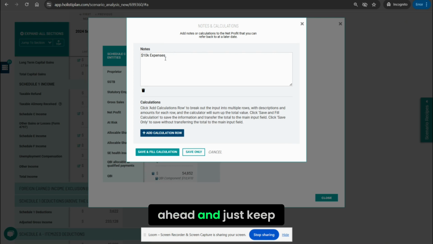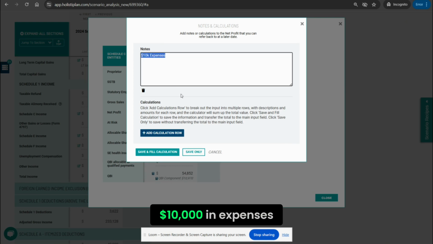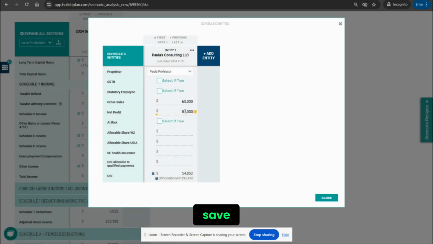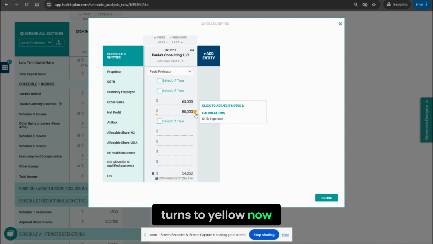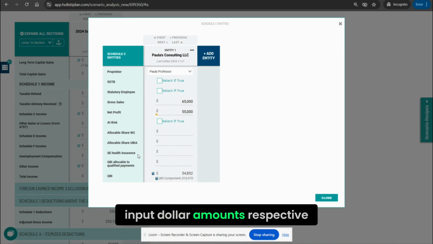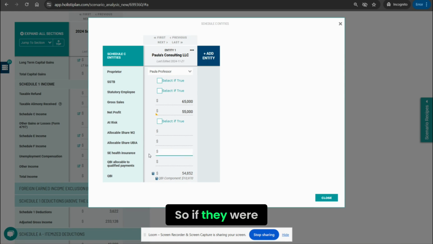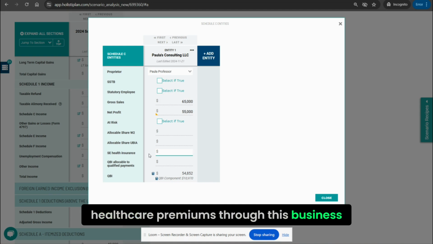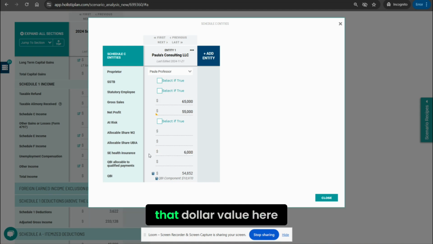I'm going to go ahead and just keep my note here of $10,000 in expenses, save, and we'll see this turns to yellow now instead of gray, and now I have this little note here of $10,000 expenses. So that's how we got to the 55,000. And then once again, you would just input dollar amounts respective of the self-employed situation. So if Paula were running any sort of healthcare premiums through this business, I could certainly enter that dollar value